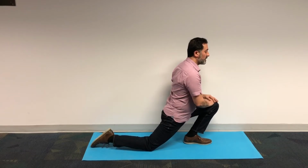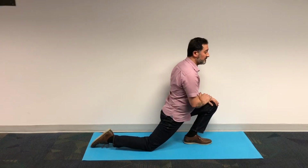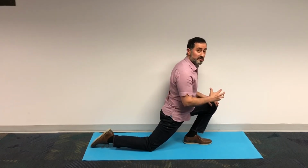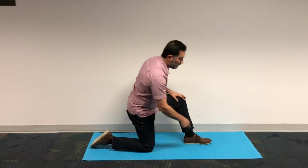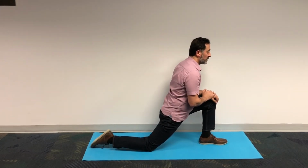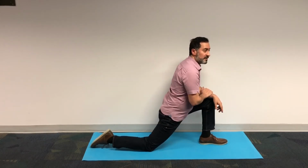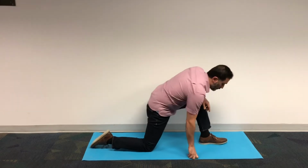And you hold it for about 20 to 30 seconds. You should be feeling the stretch around here. If you want a stronger stretch, you're gonna move your foot a little bit forward and you're gonna lean a little bit all the way there. And you should feel the stretch all the way. And you hold it for about 20 to 30 seconds. When you're done, you go back